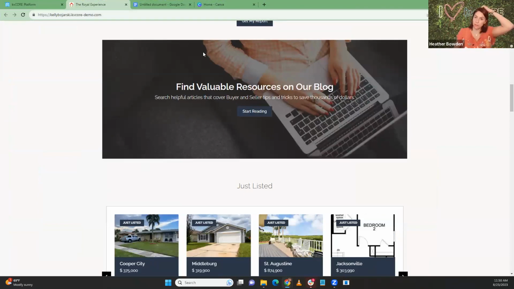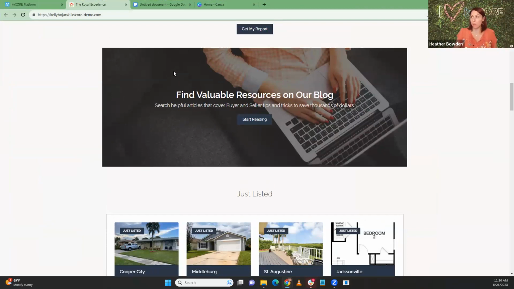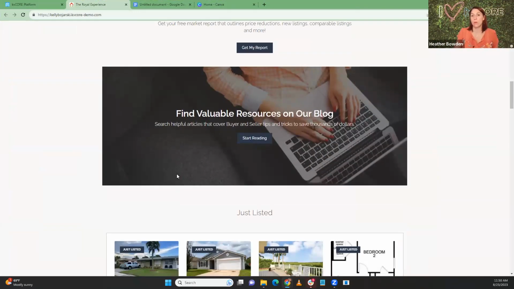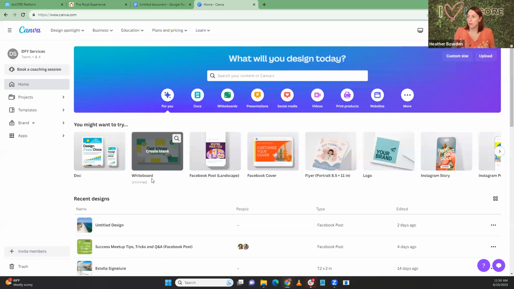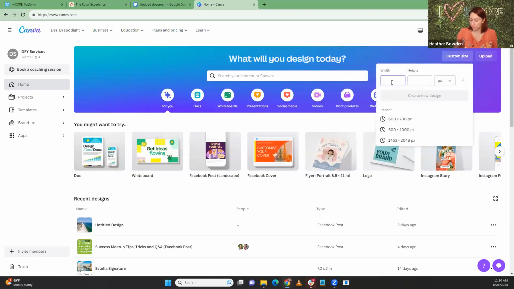For this particular one, it kind of depends on which widget you're talking about, but I'd probably do, oh, I don't know, 1,000 by 500 or something like that. So if I did pixels,